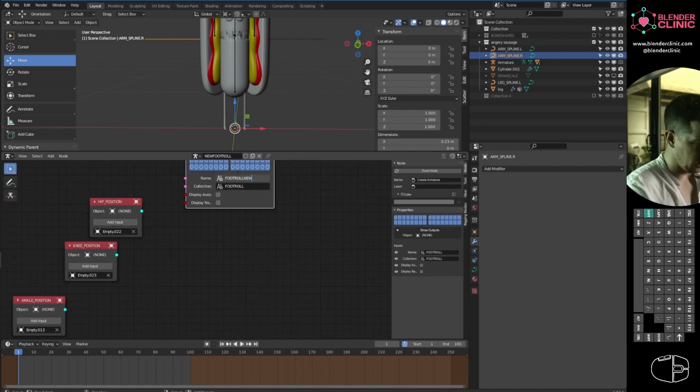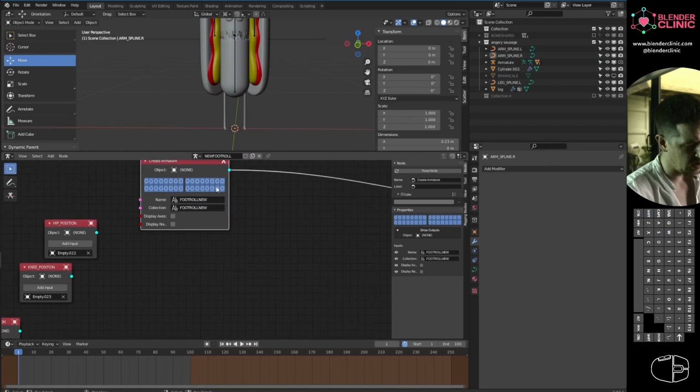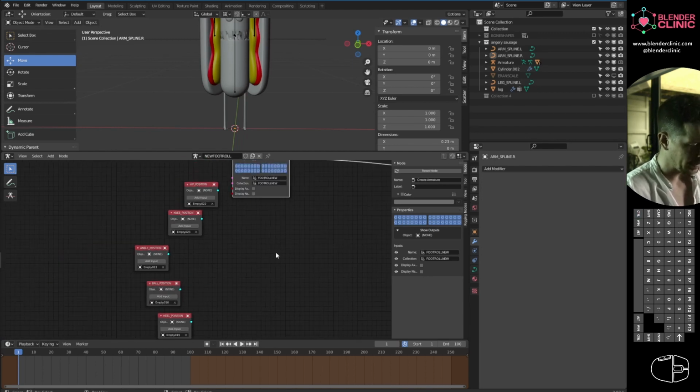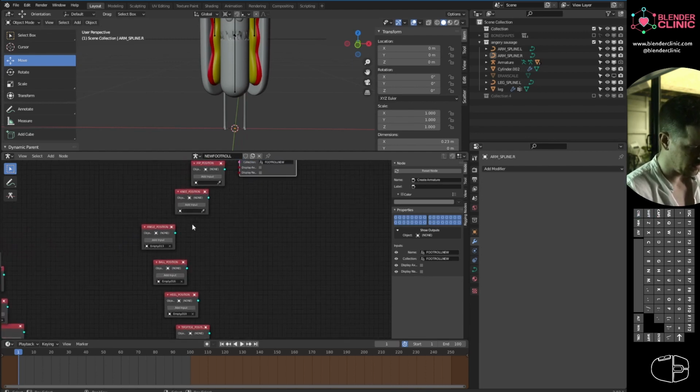Foot roll new. That's what we'll call our rig, and we'll put it in a collection called foot roll new. That's all we need to do. And then these are by default the layers that are actually visible. So we're going to leave all of them visible as we create stuff. And then what I've got over here,